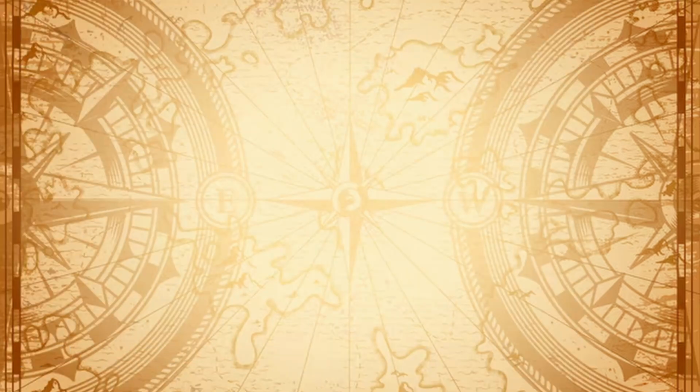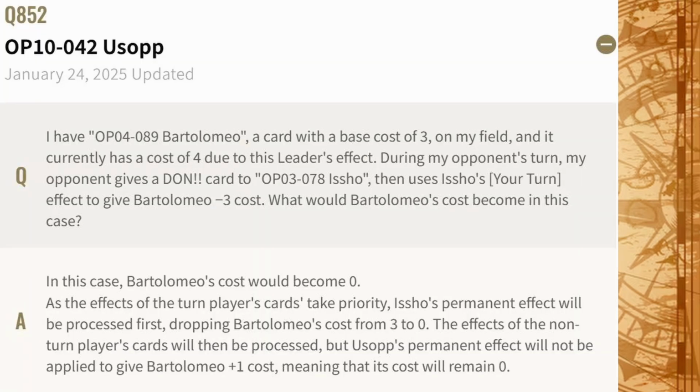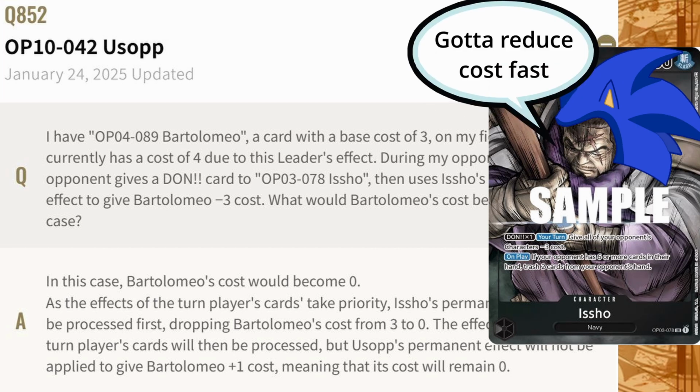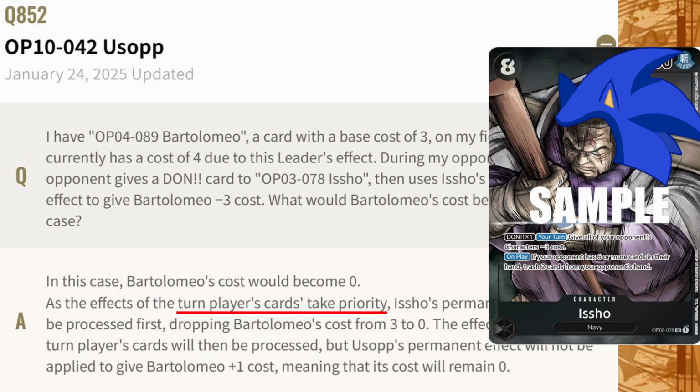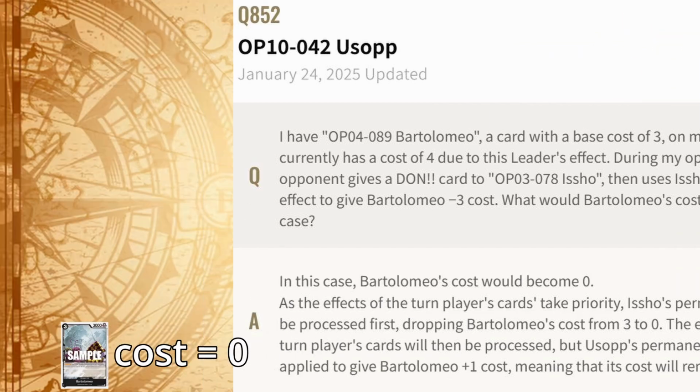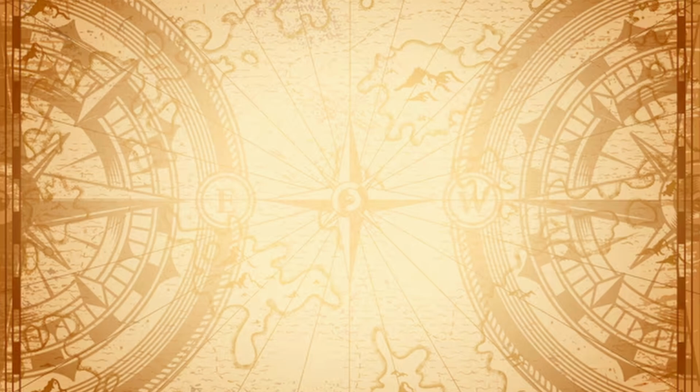Next, this one talks about multiple permanent effects affecting each other. Here, the Isho player is the turn player and resolves first, so Usopp will not apply. Apparently there is a turn player priority when it is a permanent effect affecting each other. Interesting. So these are the 3 questions that got answered, but after this I'm still missing a few things, like